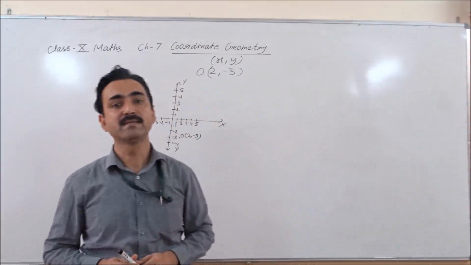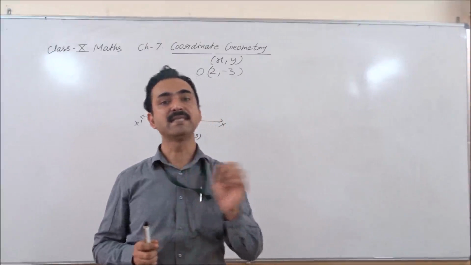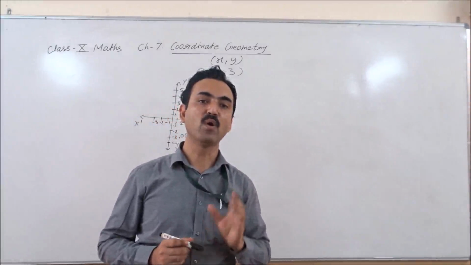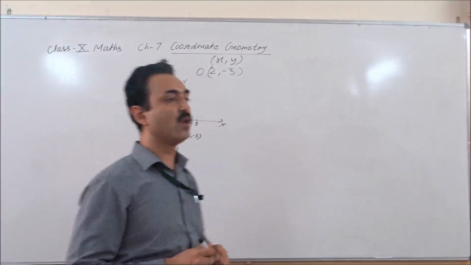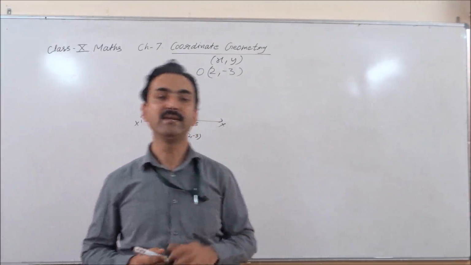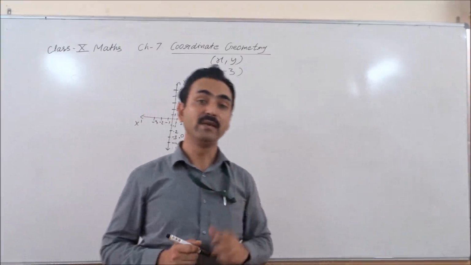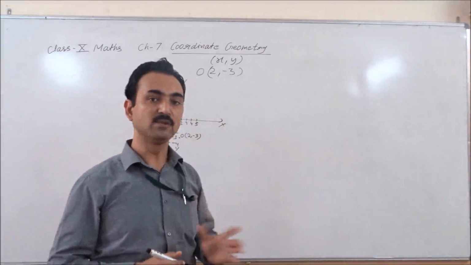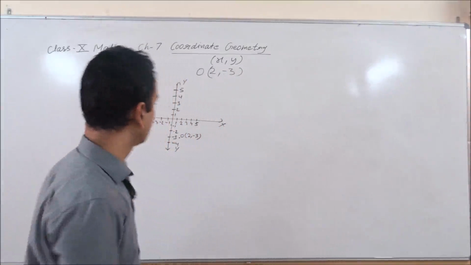The second topic: if a line segment AB is given with its endpoint coordinates, and there is a point on the line which divides the segment in a given ratio, like 2:3, we have to find the coordinates of that point. These 2 basic topics we have to cover in this chapter. So now we are starting.